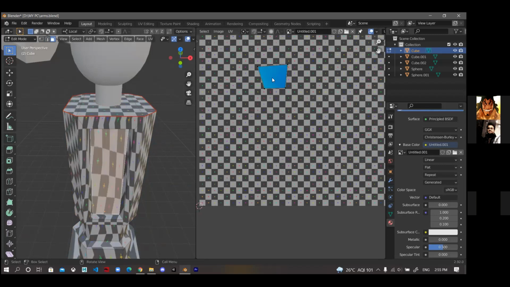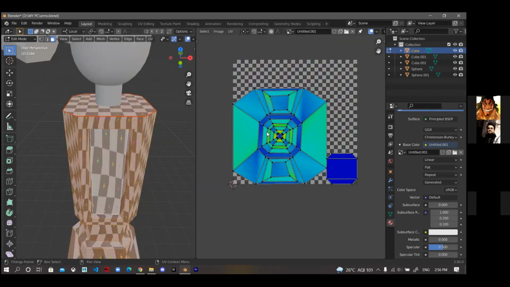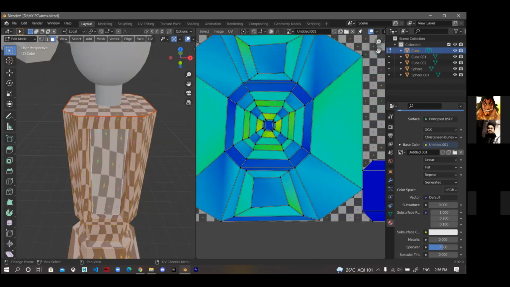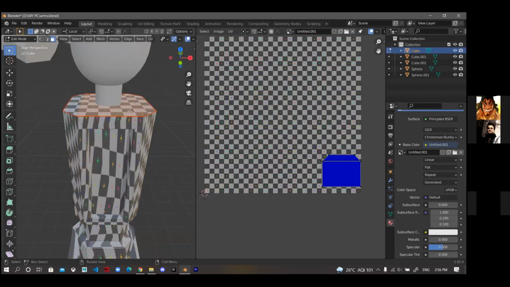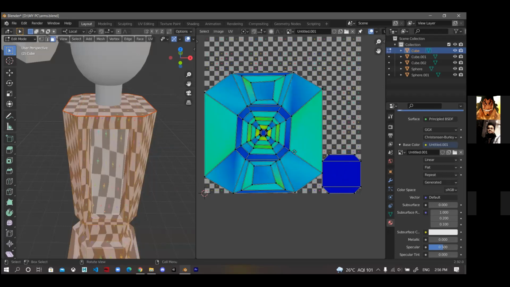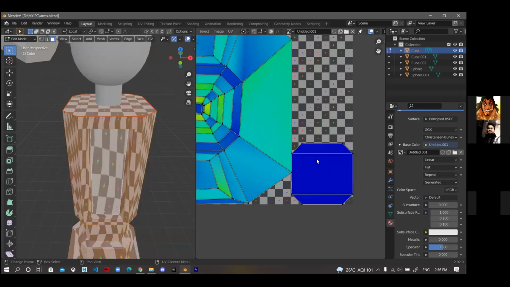Select this face, which is showing the UV grid of it. As we already know that the above face is perfectly scaled, there is no stretching.